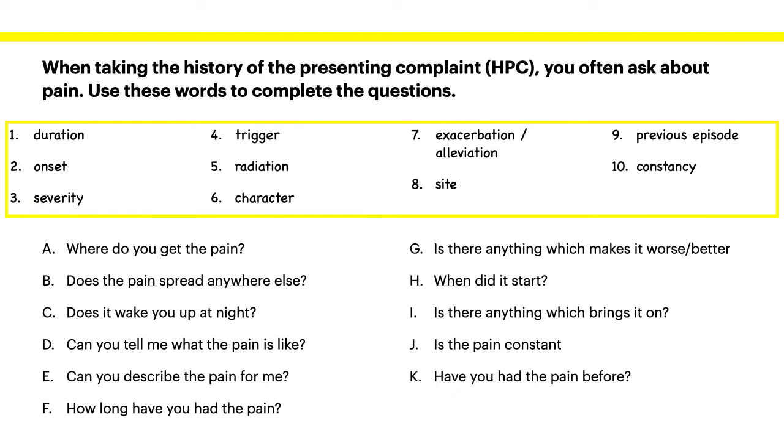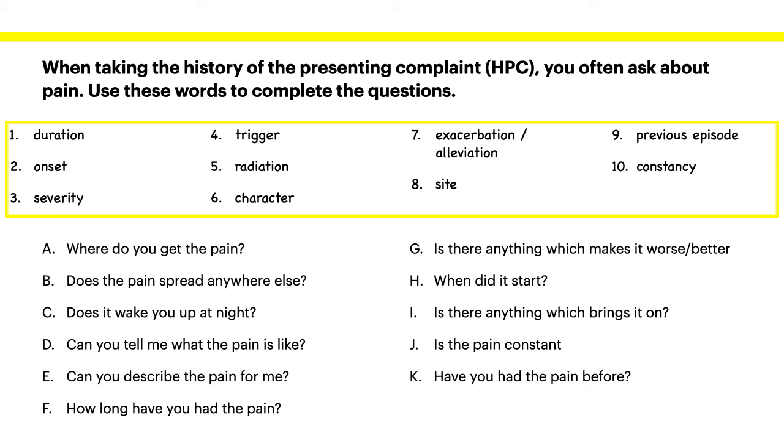So we have 10 different criteria for these questions. They could be a question about the duration, a question about the onset, so when did it start, a question about the severity, which means how severe the pain is, a question about the trigger, so what starts the pain, a question about the radiation, so that means what area of the body does it affect, a question about the character of the pain, so the type of pain, is it a dull pain, is it a strong pain, a question about the alleviation or the exacerbation of the pain, a question about the site of the pain, so where is it located on the body, and a question about the previous episode, so have you had the pain before,